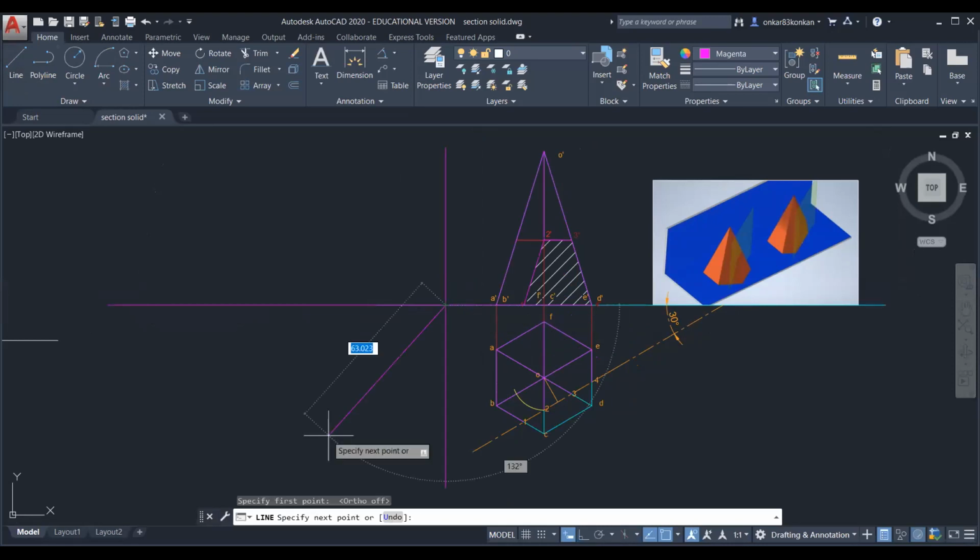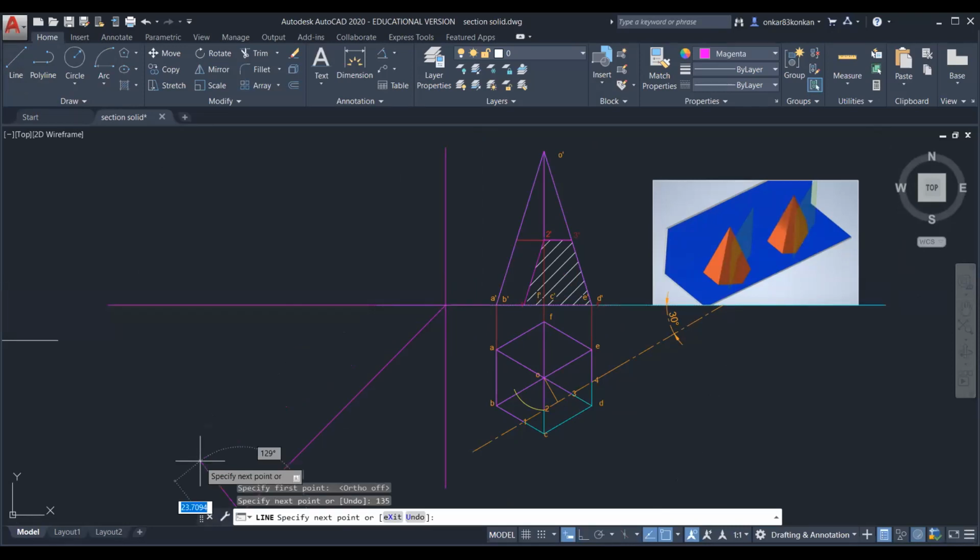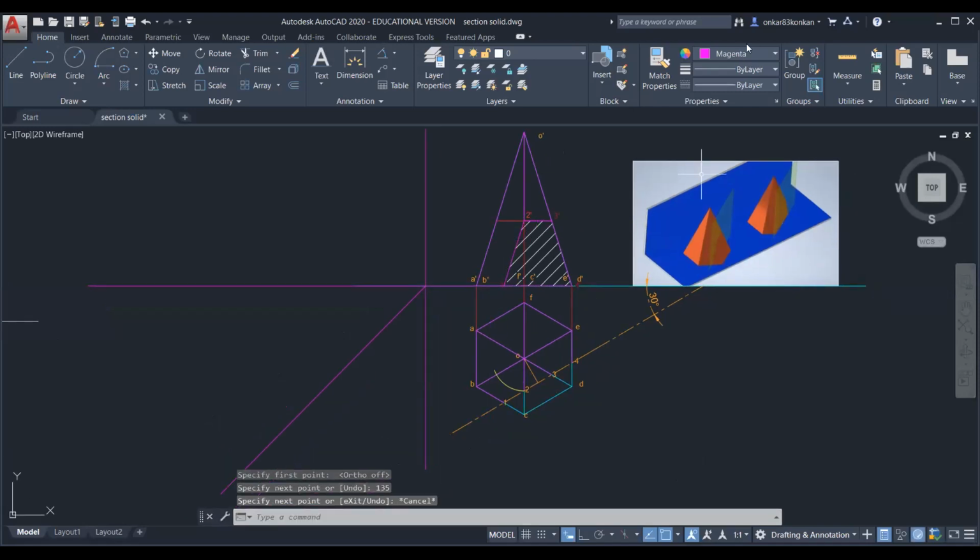So in the third quadrant, draw 45-degree line. And take the projection from the top view and front view. So initially, draw the side view. So it will appear as a triangle without considering the section. Okay.